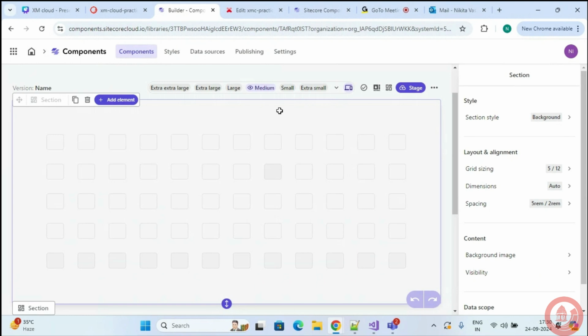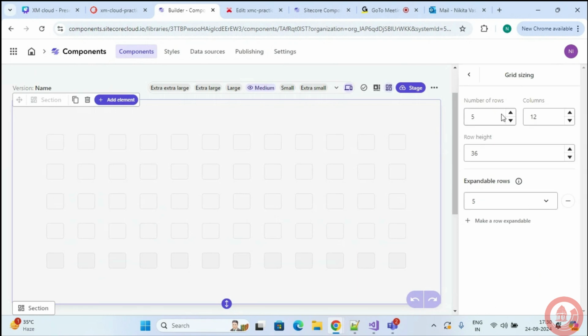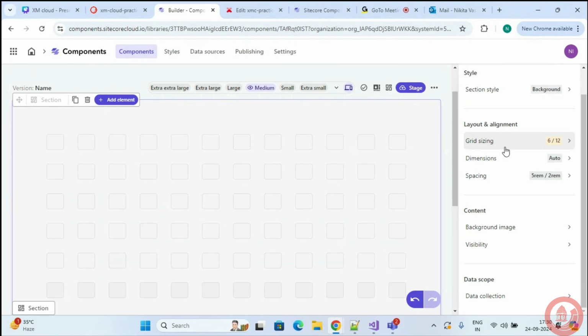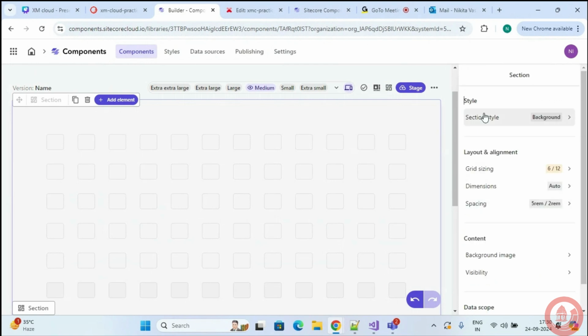Once I've selected my area, I'll click on add elements. If I'm creating a card component, I'll select cards and append it inside. Over here, I want a heading, so I'll select a heading. Then I'll add a paragraph. Then I want the image field. And then I can have, say, a button.